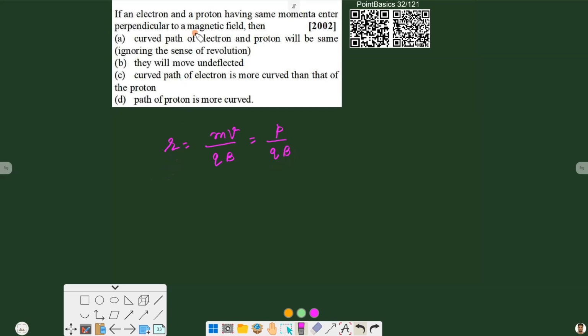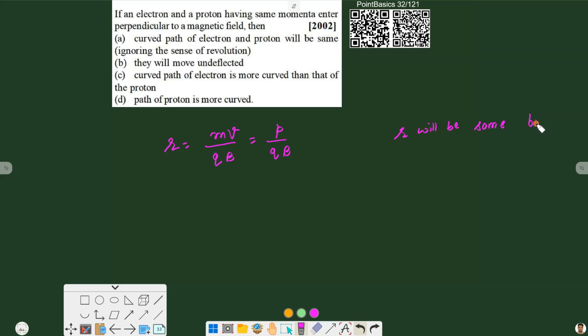The momentum p is the same for both the electron and the proton. The magnetic field stays constant, and both have the same charge in magnitude, just the signs are different. So their radius will be the same,